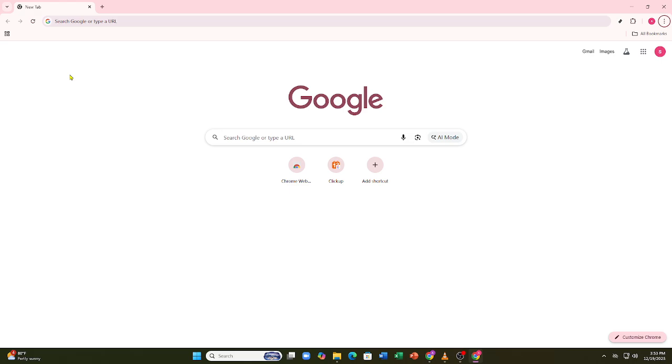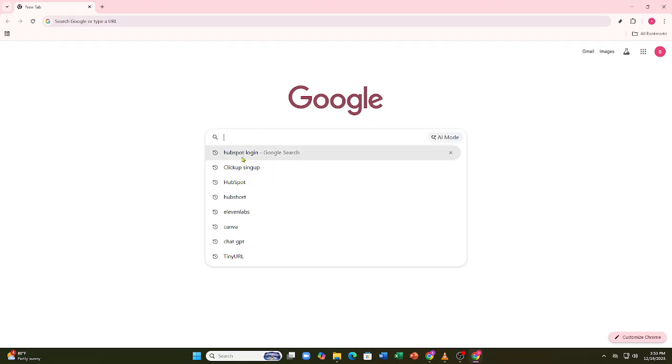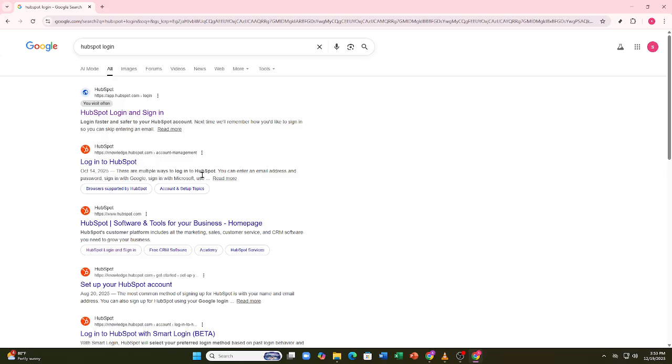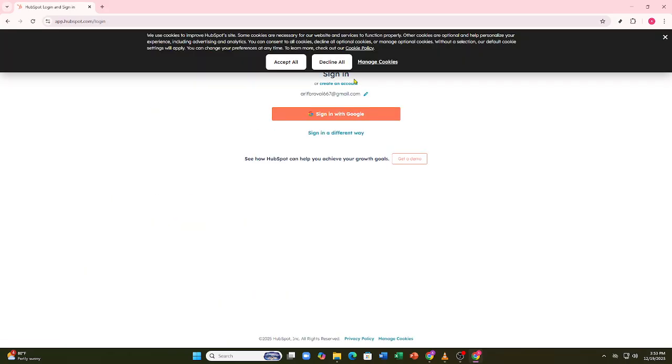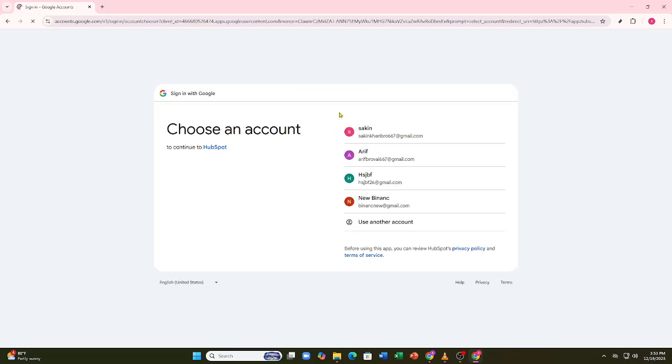Hey, so if you want to manage customer support using HubSpot in 2026 and keep your customers happy without chaos, this full guide will walk you through everything step by step. First, open your browser and go to HubSpot. Log in using your HubSpot email and password. Once you're inside the dashboard, make sure you have access to the service tools, which are designed specifically for customer